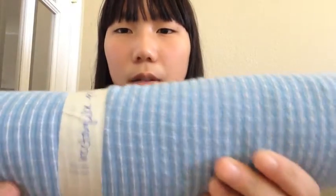Oh yeah, by the way, everything like 1 yard was $1, so everything was super cheap, which is why I got some things I didn't have any plans with. But anyways, this, I thought it was still cute, even if it's not gingham, and it's just this really thin